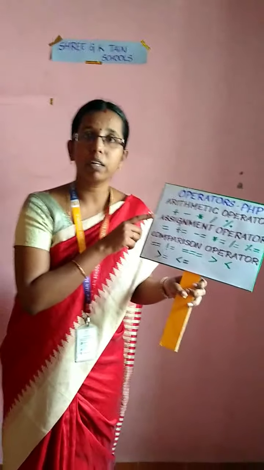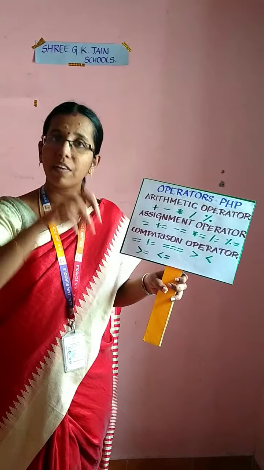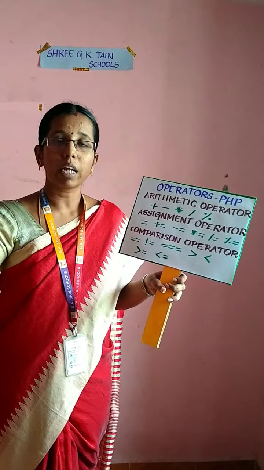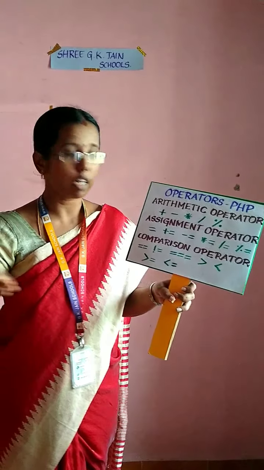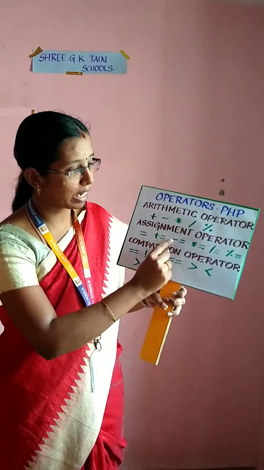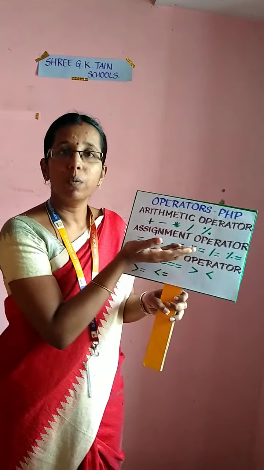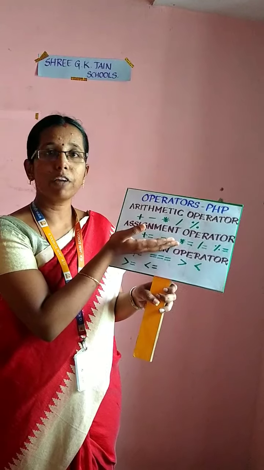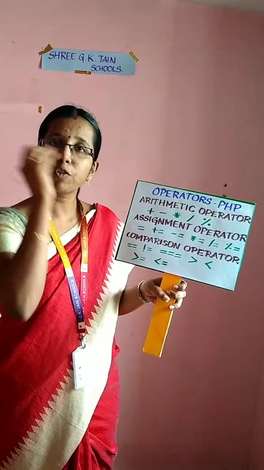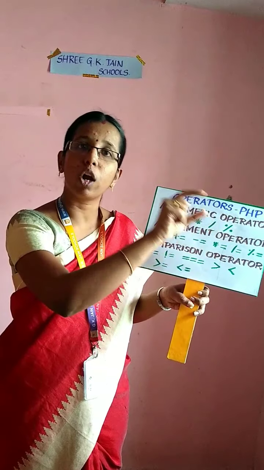And the second operator is my assignment operator. The assignment operator is used to assign any values to a variable, and that is done by the default operator called equal to. And here you have the assignment operators plus equal to, minus equal to, multiplication equal to, division equal to and modulus equal to. For example, if I give x plus equal to y, it's nothing but you add x and y together, and that value you assign to the variable called x.